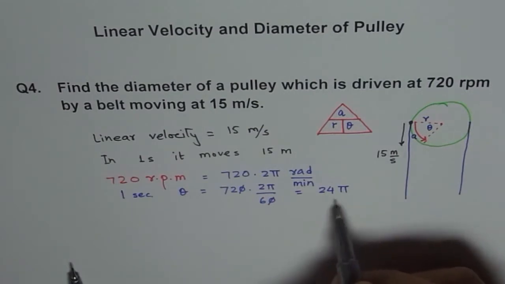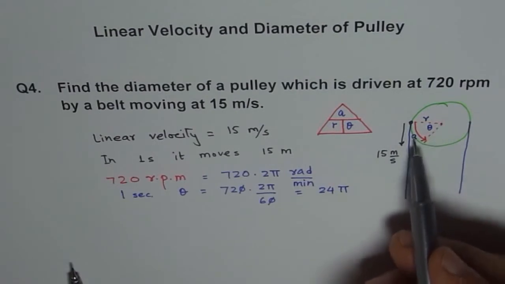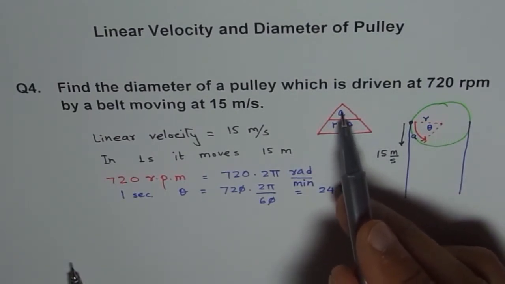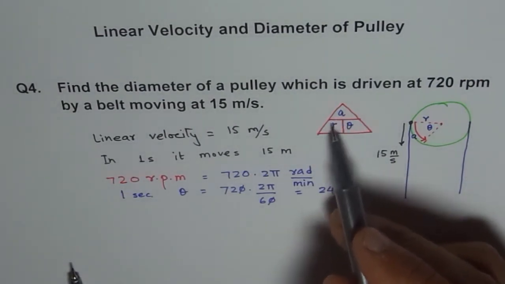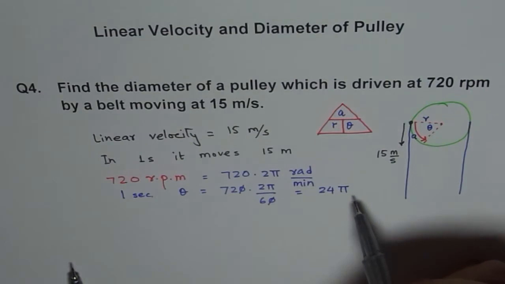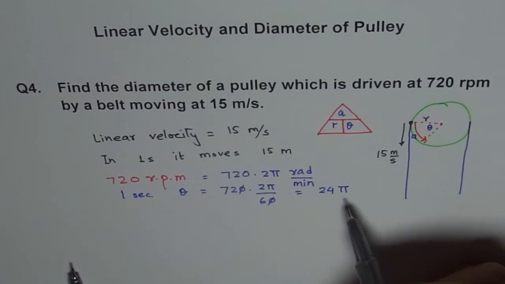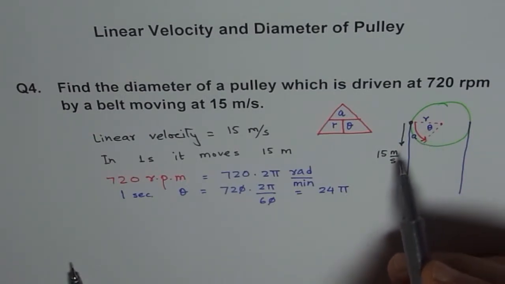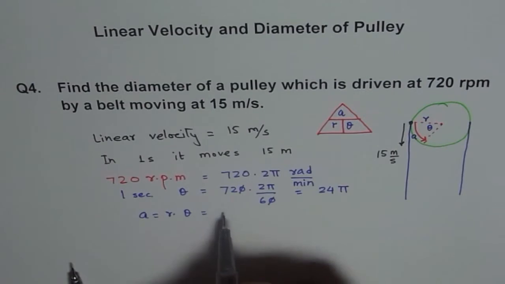When we don't write any unit for theta, it means radians. Radians, as you know, is a ratio of a over r, so both are in units of length, which cancel out. So theta is a ratio of length units, and when they cancel out we don't really have a unit, but we call it radian. So let me write this as 24 pi. Now this 24 pi is my theta. And how much will be the distance covered, a? a will be equal to r times theta, which is r times